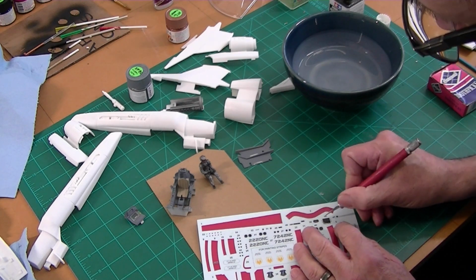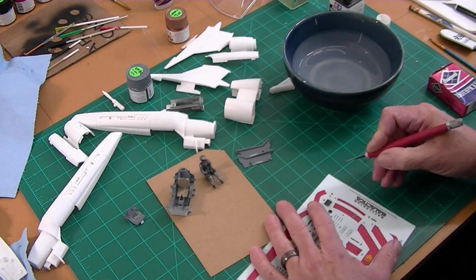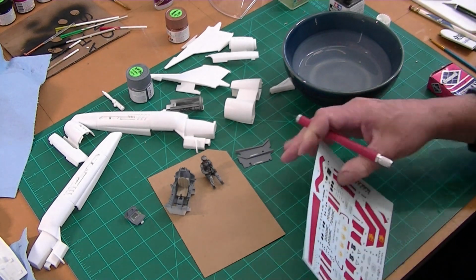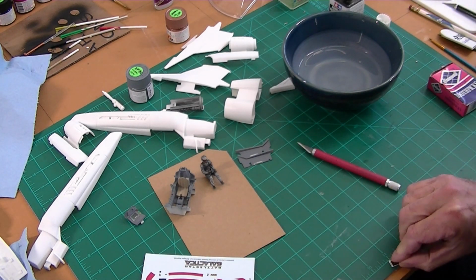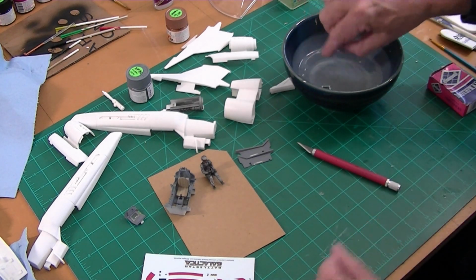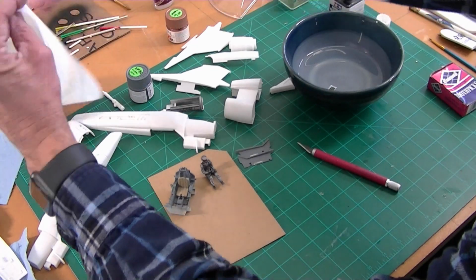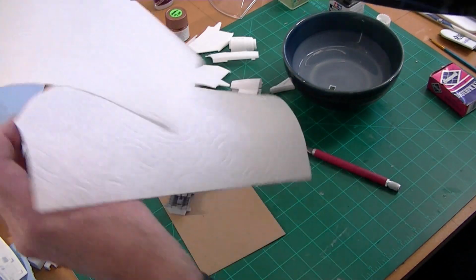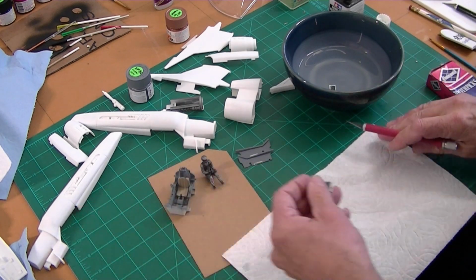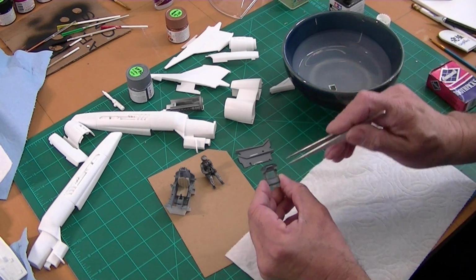And I'll put those in some water. Water slide decals, so water will loosen them up after about 20 seconds or so. Little bowl of water right here. Now that decal that I just put in there is the Dravis console, and it mounts right here on this